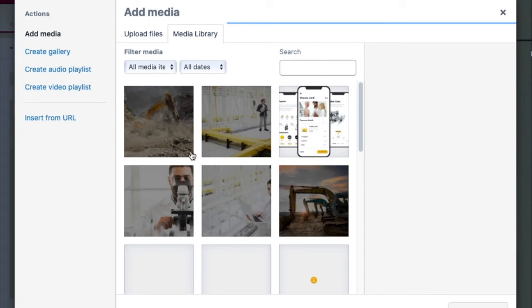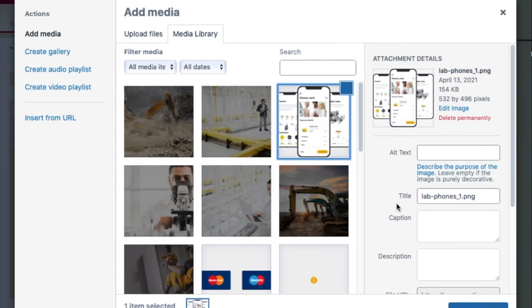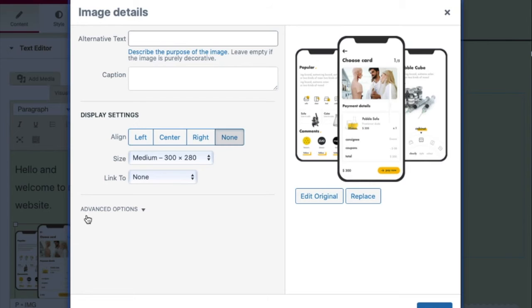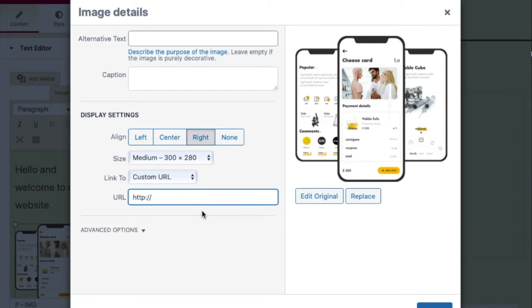There will be some default pictures, so I'll insert one into my post. This can be edited. You can align it centrally, right, or left. You can also link it to an attachment page, custom URL, or media file. If you want your image to go to the YouTube channel, you can click custom URL and paste your YouTube URL into this.